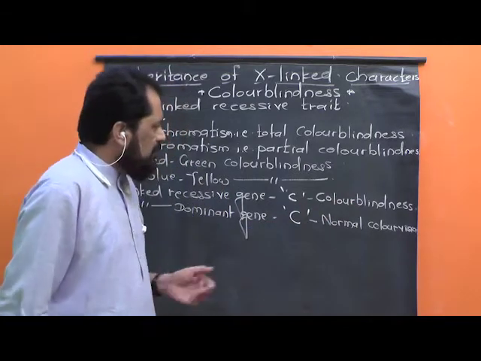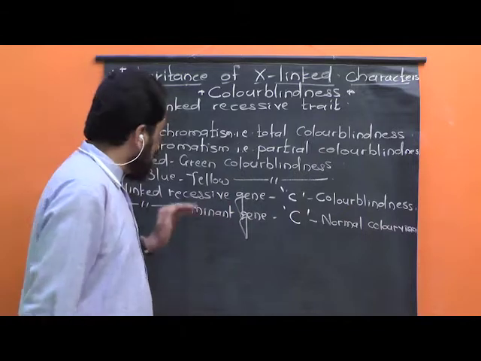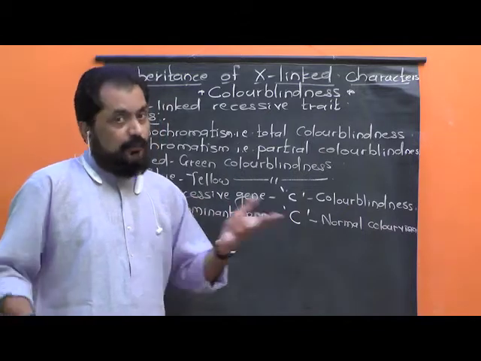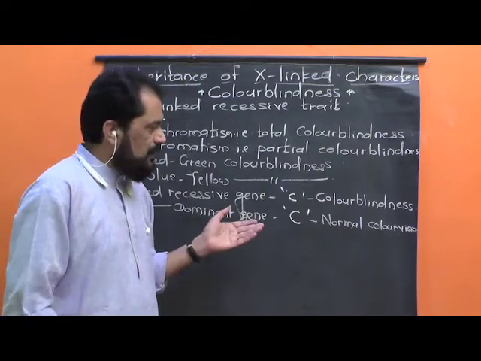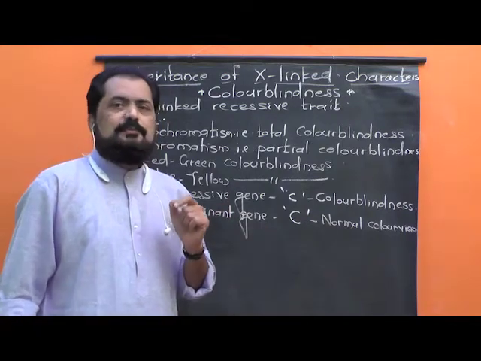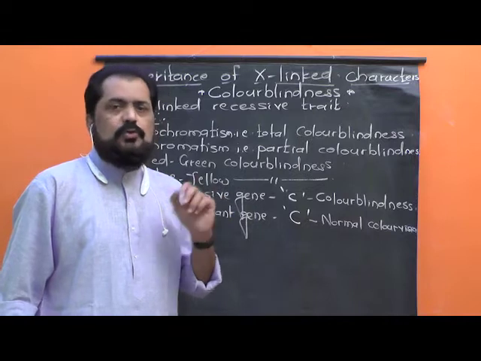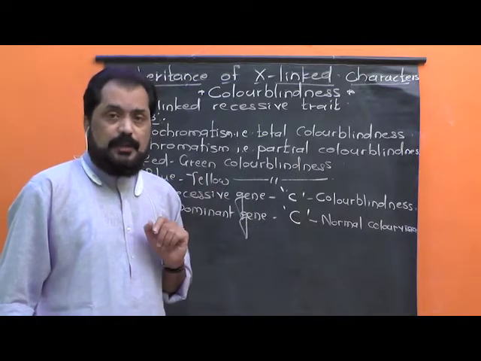Now we know that these capital C or small c, these are X-linked genes, so obviously these are present on X chromosome. अर्थात हे X linked जीन्स आहेत, म्हणजेच हे जीन्स X क्रोमोझोम वर आहेत, नॉन होमोलॉगस पार्ट ऑफ X